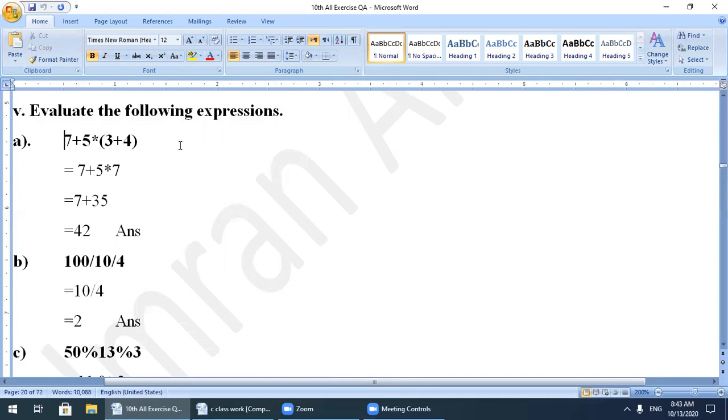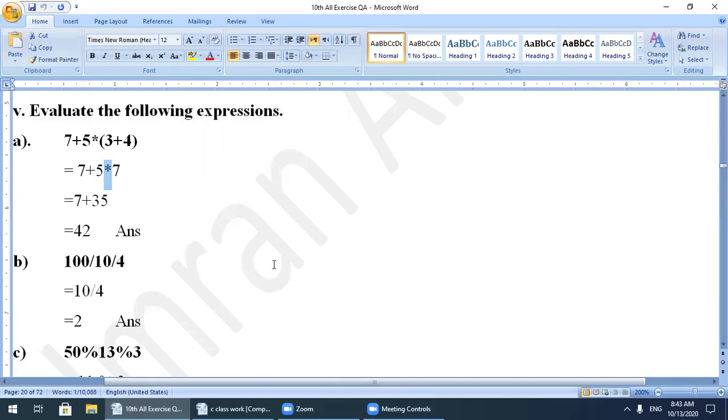In this expression, the parenthesis will always be solved first. So we will write 7 again, 5 is the same, but when I solve the 3 plus 4, its result is 7. Now here, this is the plus and this one is the multiplication.